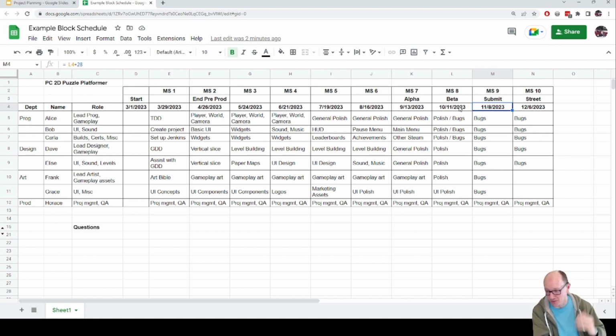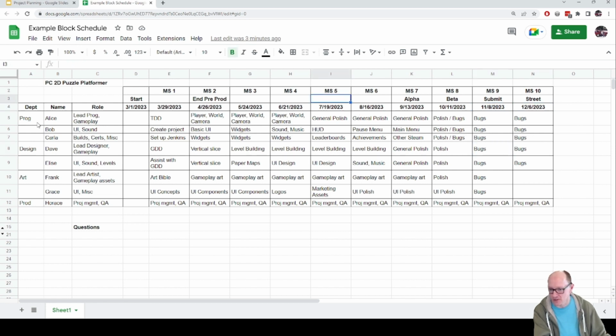So you submit to the first party, or Steam, Sony, Microsoft. You submit, and then 1 month later, it's gone through submission. They gave it a big thumbs up. Everything went fine first time, and it hits the street. Now, yeah, the timeline for these is different per game. It depends on what platform you're shipping on and how big and complicated the game is. I've just gone with a simple 1 month for each of these steps.